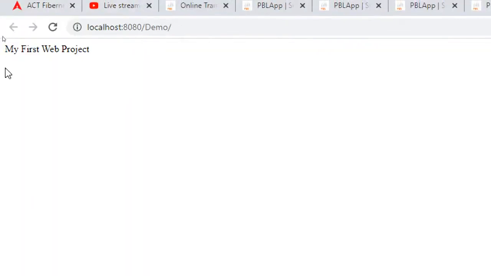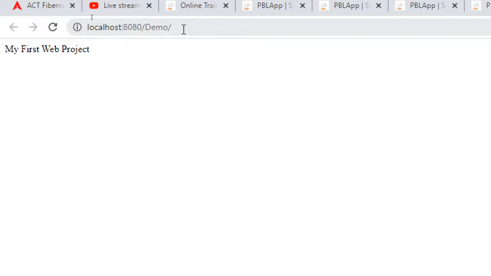I hope you observed the difference. Now it is not giving index.jsp in the URL. You are catching my point. It is not given because earlier it was given since I started from the file name itself. If you are running from the file name, that file will be included in the URL. But otherwise the file will not be included in the URL. So my URL will not contain index.jsp.